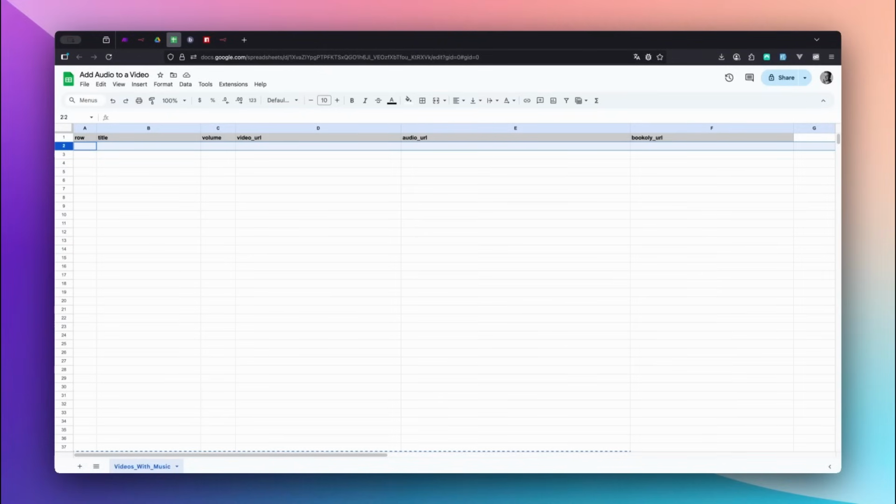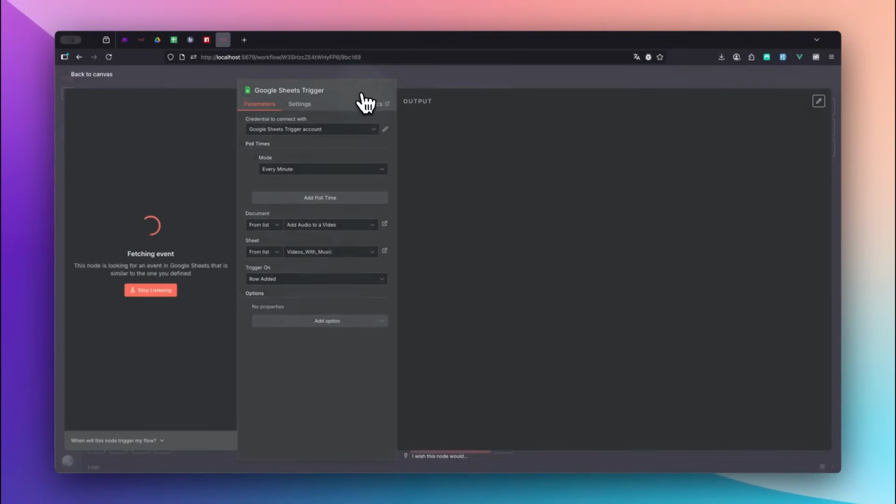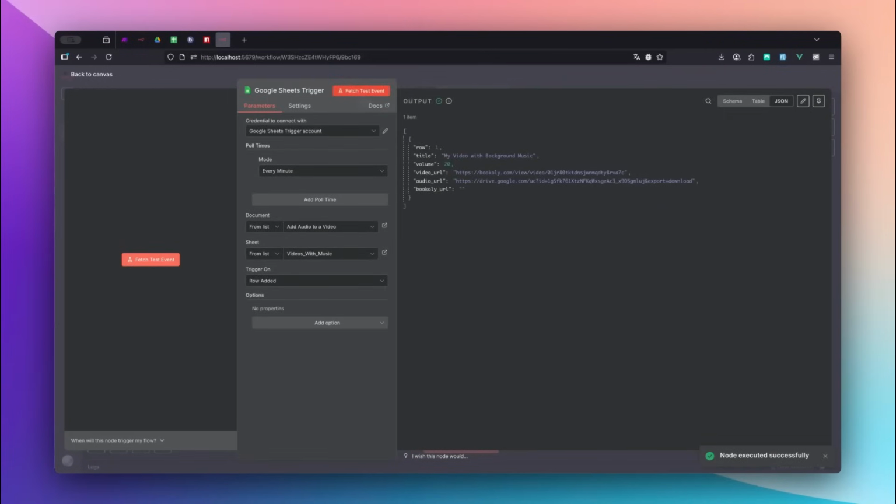Let's add a new row to the sheet with a row, title, volume, video, and audio URL. In this case, we're using the video and audio URLs generated from previous videos of this playlist. The good thing is, Bookoly makes all results easily reusable, so you can quickly plug them into new workflows. Back in n8n, click Fetch Test Event to retrieve the data we just added as a new row in our sheet. Great! Now that we have all the necessary details from our Google Sheet, we can add the background music